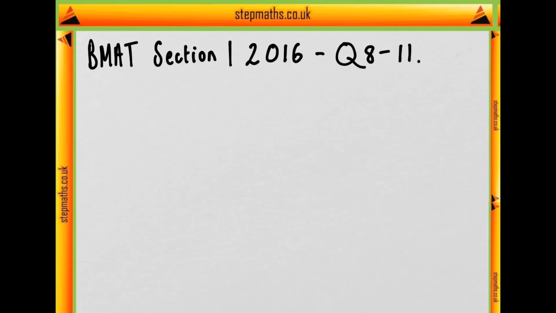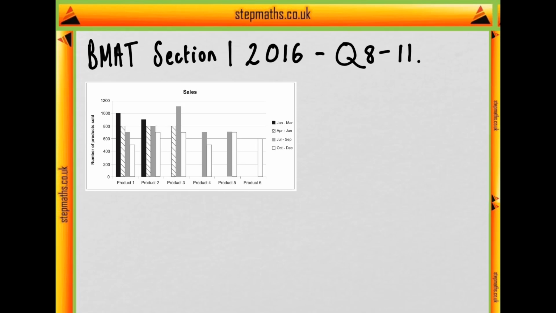Questions 8 through 11 are a multiple part question which focus on some text, 2 charts and a table. So let's look at the first chart and work through the text. So we're told that a new electronics company has released 6 new products this year, which we can see on